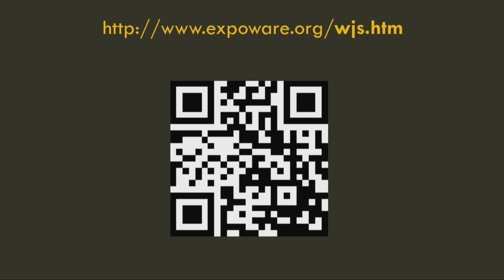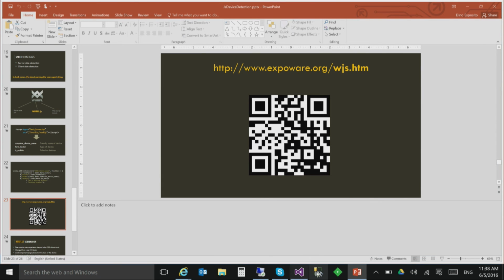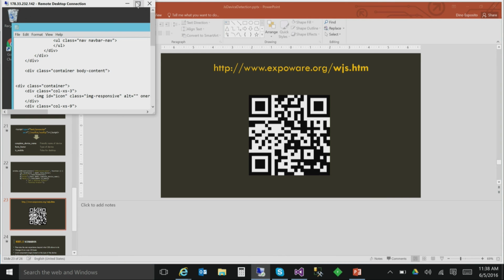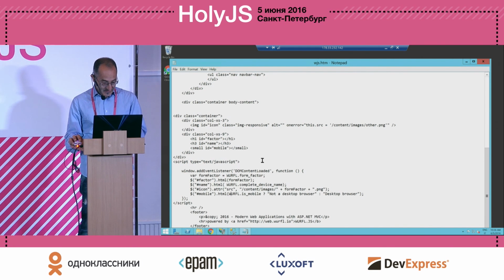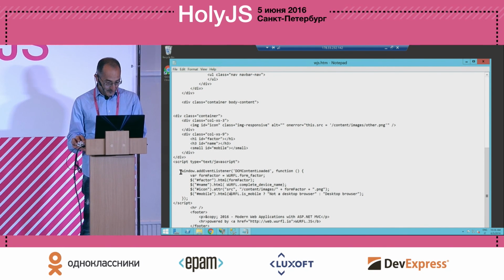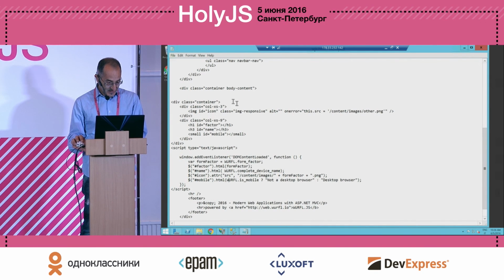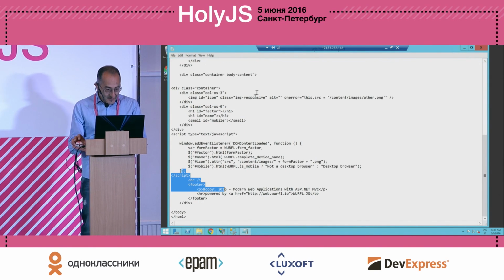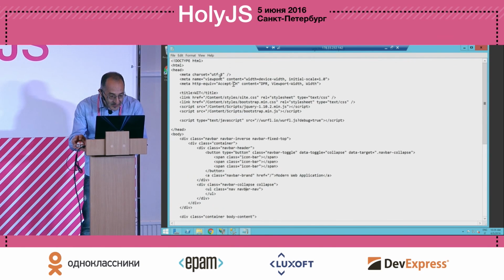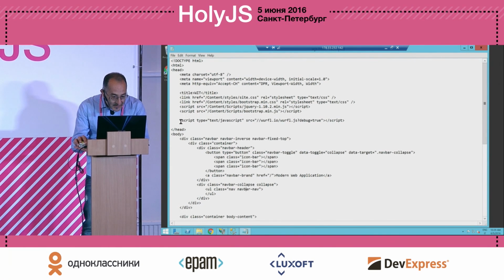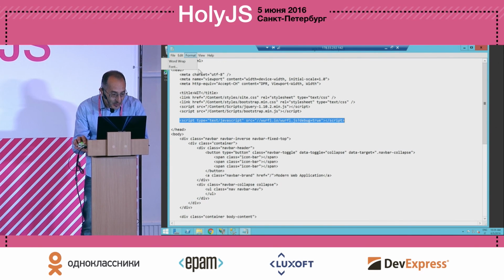So the code behind it, can I dismiss for a second? The code behind that is essentially the following. This is the code that does the trick. So can I scroll it up a little bit? Yes. So this is the line you need to have to enable